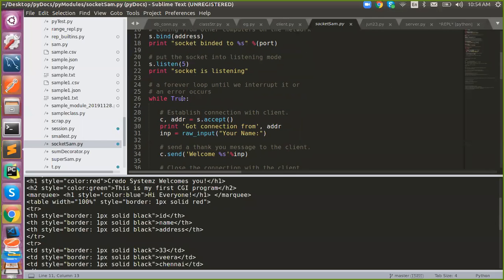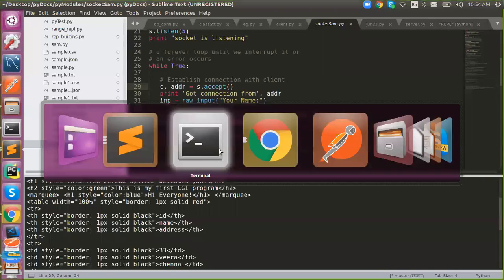I'm saying while true because we want to make an infinite chat. So here this model will accept connections from clients. When someone hits that, you will receive the address of who actually did it. This is similar to being in a chat room, where if someone asks to chat with you, you get the chat name, so you know who wants to talk with you. That is what it is. So this is a request, and you will receive that address, so you will easily know who is trying to contact you. And you can say your name and send it back to them as a welcome. That's it. Okay, so I will run this.